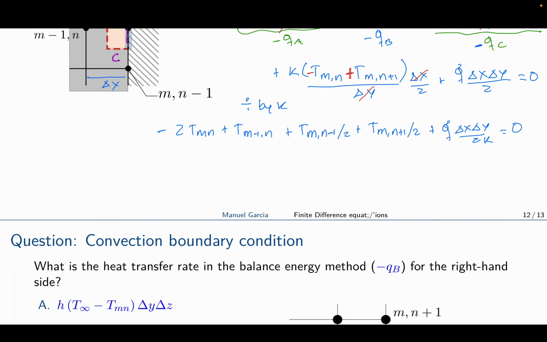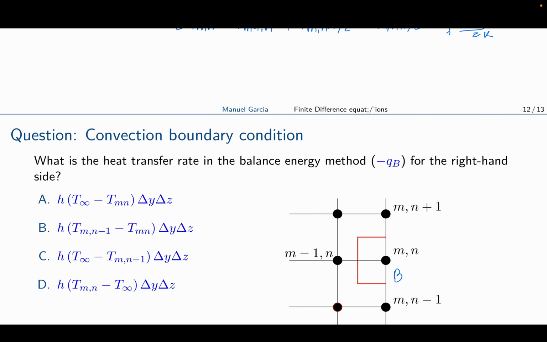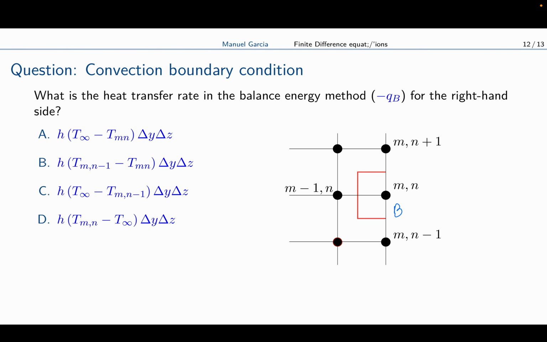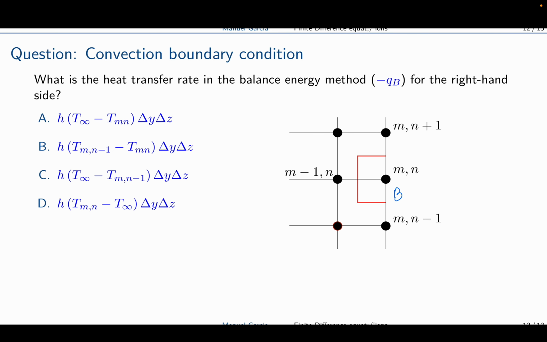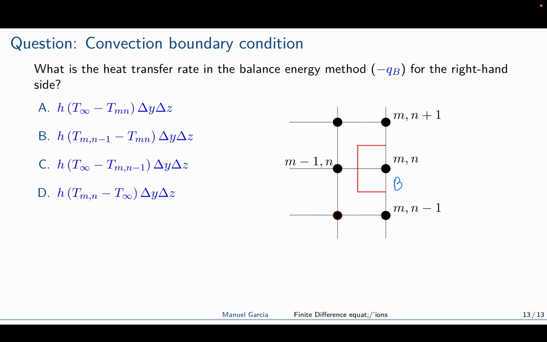Okay, now when we have convection boundary condition, what do we have as the heat at B? So what is QB? That was a square cup question for you to work at home, but I'm going to develop it here. So for the flow in this section QB, we have that the heat transfer at B is